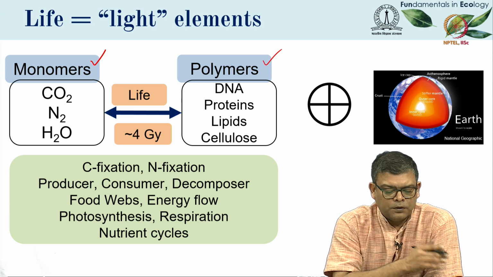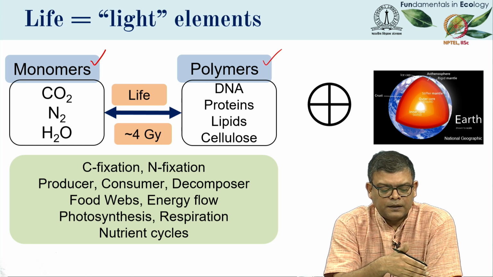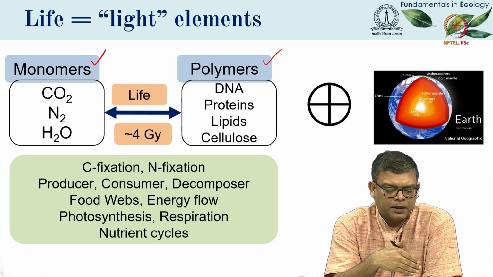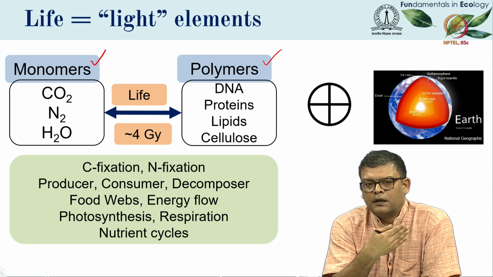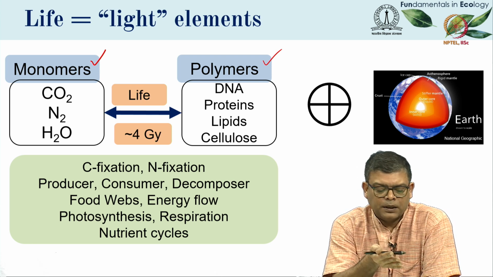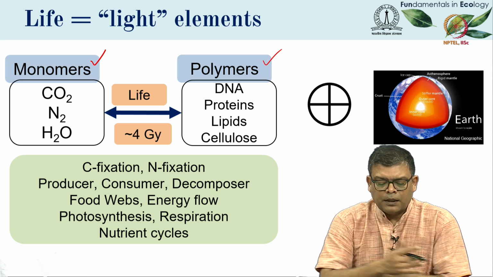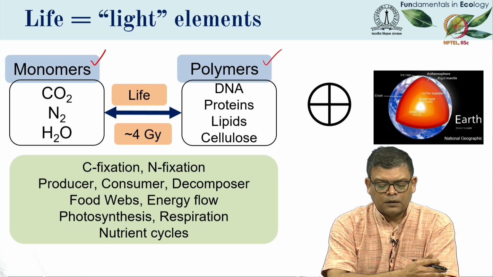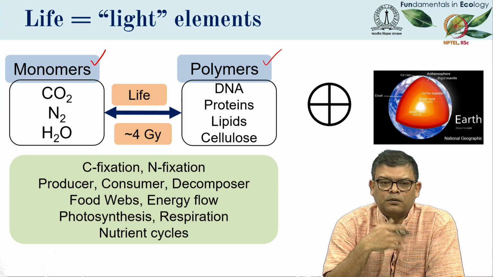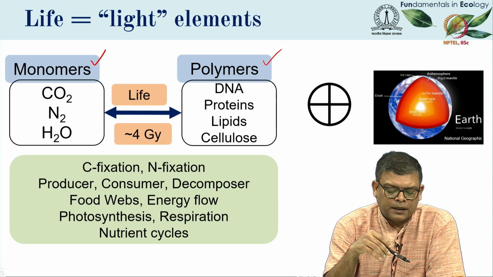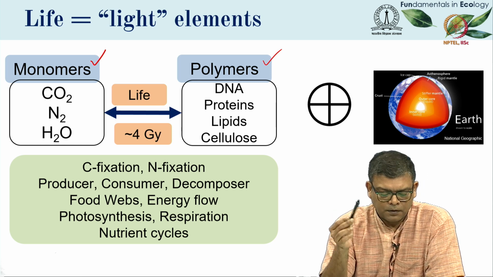The organisms which do the carbon fixation are the producers. The energy that they trap is then passed on to animals who are the consumers, and when these plants and animals die, the decomposers get to work and release all these building blocks again into the atmosphere. When this happens, we call those connections food webs, and energy flows from the lower trophic levels in a food web to the upper trophic levels.